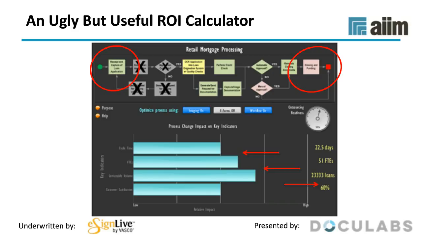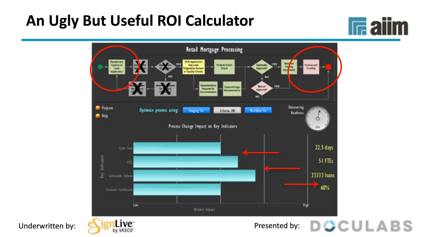And the third way to do it is to look at the actual business metrics that line of business uses. So what the executive VP of a particular line of business is interested in is not in how long it takes to manage paper, but rather in, say, for example, in retail mortgage processing, in the cycle time to sign up new mortgages, how many full-time equivalents you have, what serviceable volume of mortgages you have, what's your customer satisfaction rating like, and so on.